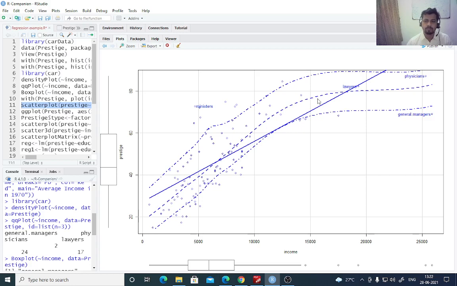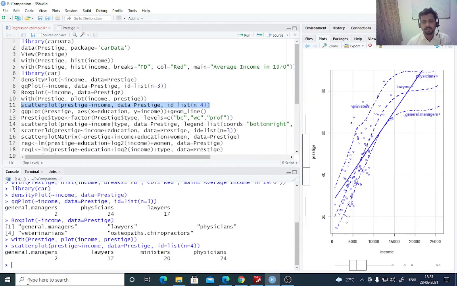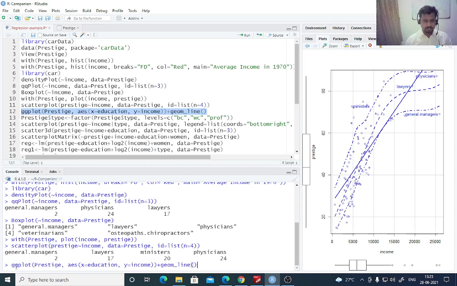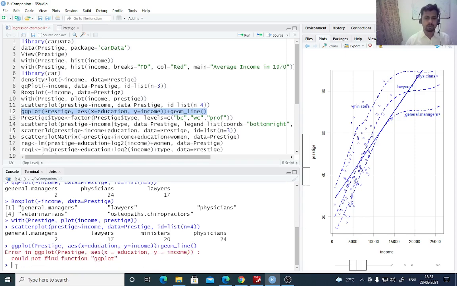This is your non-parametric line, that is, it does not assume any form of linear functional relationship, and these are the 95% confidence interval for this parameter. They are also called smoothers in the scatterplot. We'll talk about smoothers in much more detail when we talk about basic graphics in R. Alright, the same thing you can also call by ggplot, again a very comprehensive package in R for statistical graphics purposes. We'll again discuss this when we discuss the graphics portion.